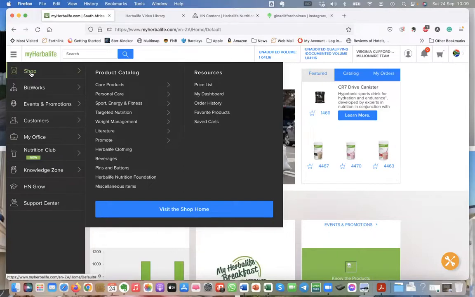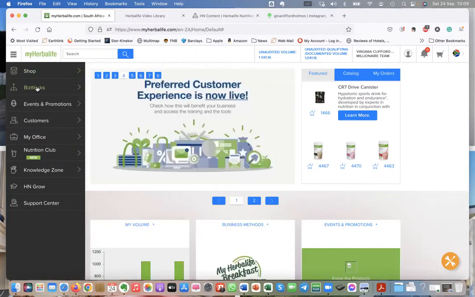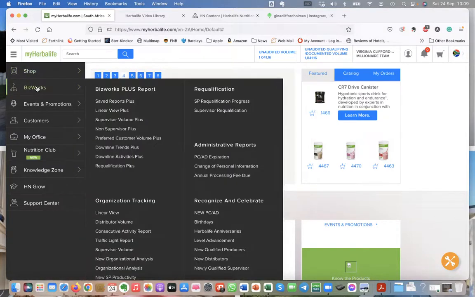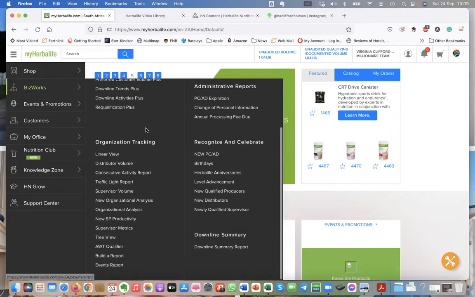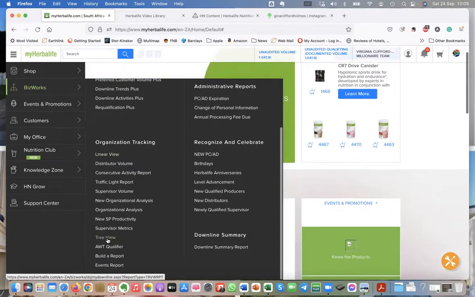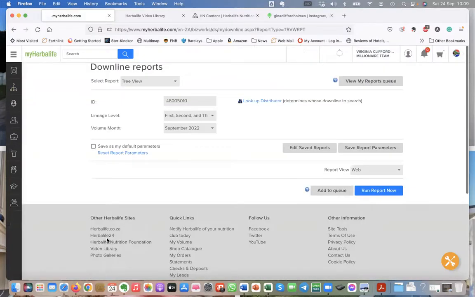So one of the first steps I like to do with the first 30 days is to get people to really better understand the whole product range and what's available. When you get to the supervisor level, I recommend registering for BizWorks. This is a tracking system that the company gives us in the back office, which is, when you are a supervisor and you have a team underneath you, it's worth having. It's only about $8 a month, but the amount of information that is accessed via here is colossal.